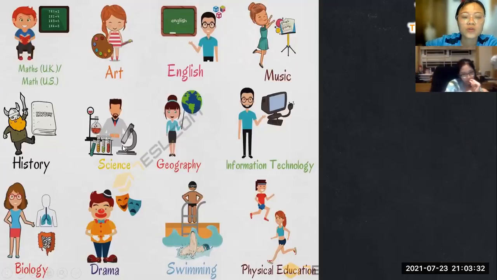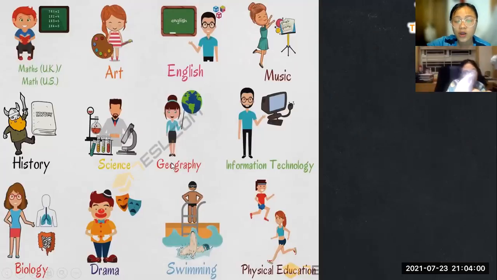Tiếp theo, chúng ta có môn science. Science là môn gì nhỉ? Khoa học. Khoa học, nó khám phá những điều gì đó. Trong cái môn khoa học này chúng ta còn có một cái môn gọi là môn hóa học. Lên cấp 2 như lên lớp 7 con sẽ được học môn hóa học này, chúng ta gọi là chemistry. Nó vẫn thuộc trong cái science này, bộ môn khoa học này. Đó, chemistry, hóa học.